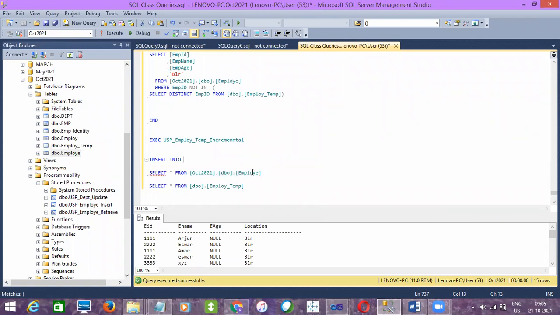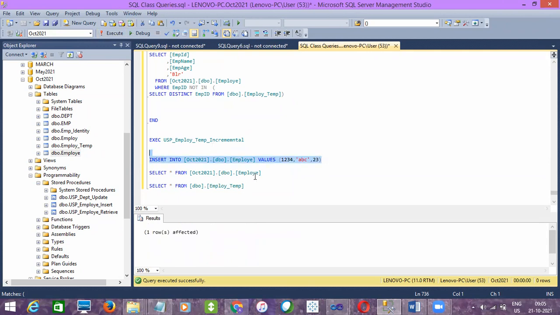Insert into my source table. Are you guys getting what I'm trying to do? Values, maybe 1, 2, 3, 4. Then control is affected. So now if I check my source, I'll have these 2 rows which do not exist in the destination, right?